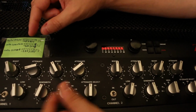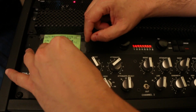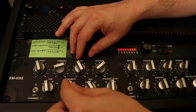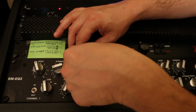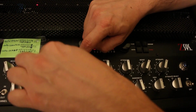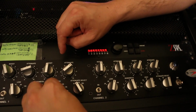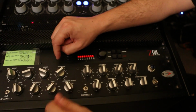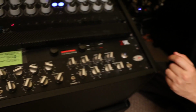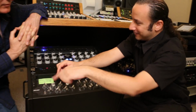So, this is what's tricky. The low end has the boost and attenuation on this section. Then there's the bandwidth, and then the boost here is on this one. The attenuation is not on this, the attenuation is on this one. So you can do, let's say, a boost at 10K, but attenuate at 20K. So then you can taper off the high end and still boost here. So when you look at it, it doesn't...